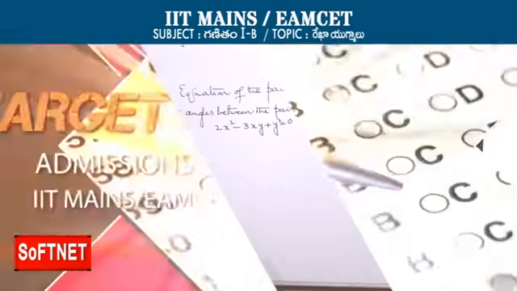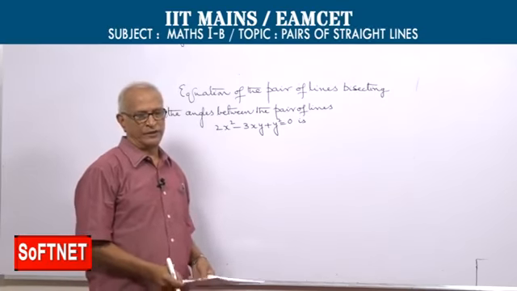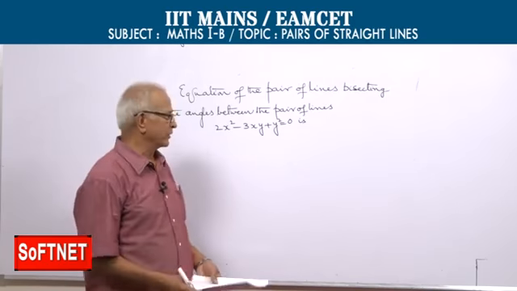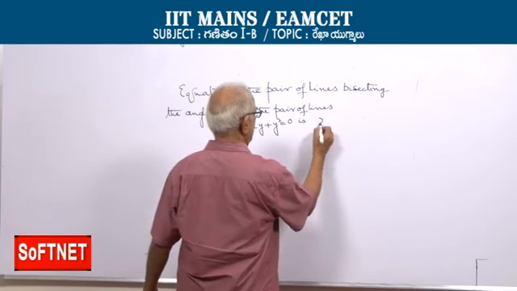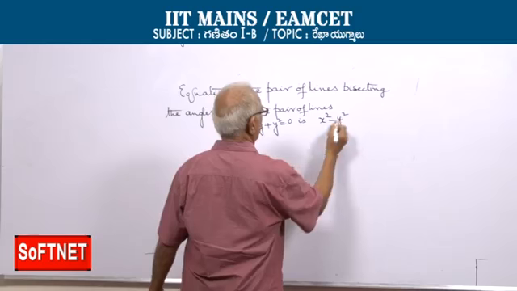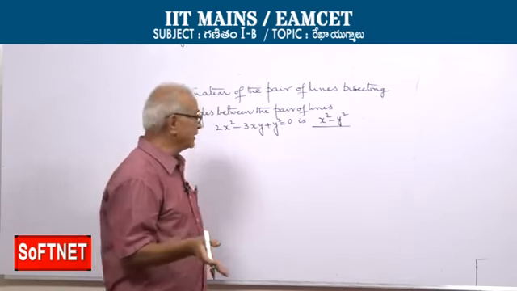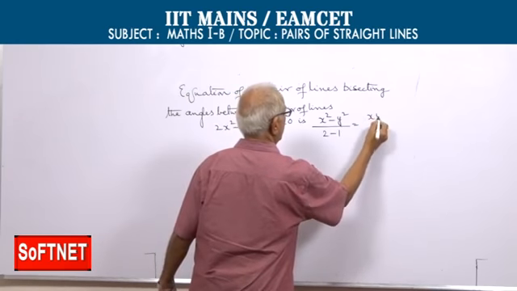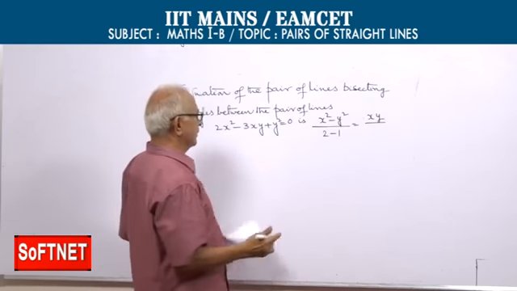Next. What is the equation of the two lines that bisect the angles between these two lines? One is the acute angle, the other is the obtuse angle. So, acute angle bisector and obtuse angle bisector. You can apply the formula straight away: (x² − y²) by (a − b). a is the coefficient of x² and b is the coefficient of y², so a − b is 2 − 1. xy by h, half the coefficient of xy, which is −3 by 2.